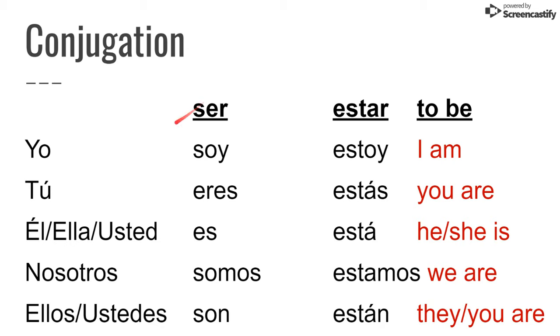When you translate usted, which is a form that we don't have in English, you are going to translate it to "you are" in English, but in Spanish it will be usted es. So it will not translate as "you is." This is the conjugation. Now, if you're thinking, how am I going to know how to use yo soy or yo estoy?